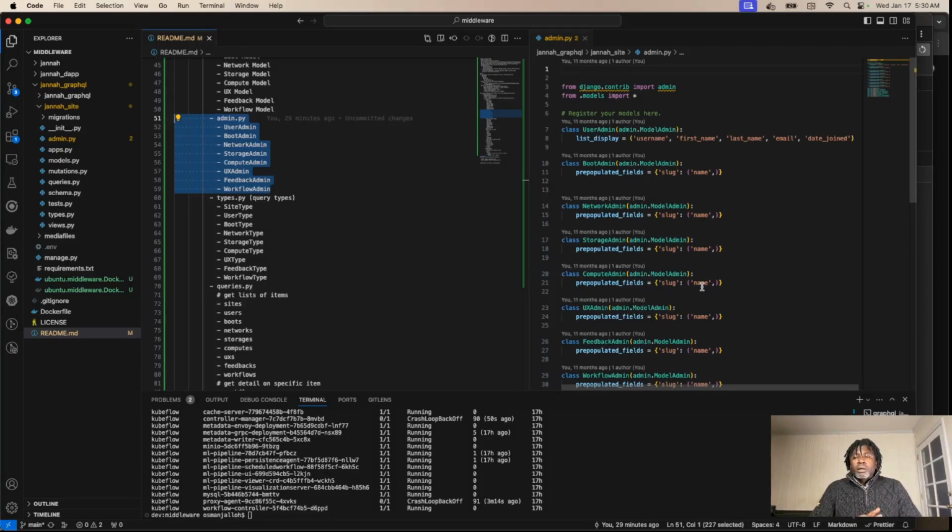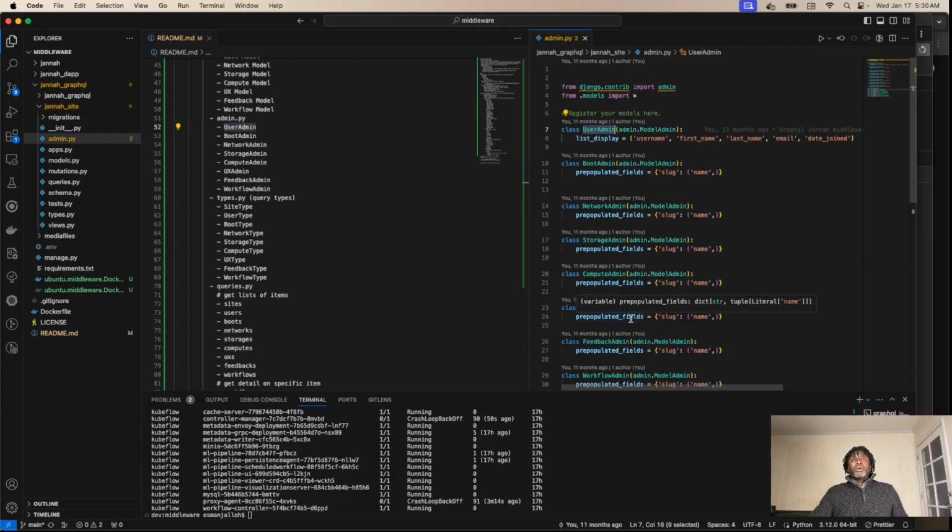The admin model in Django gives you a backend web page to enter or edit data for that model, okay? So there's an admin for the users, that's what you're looking at here, right? Django has an admin base class. What we do is subclass that and create admins off of that, okay? So the user admin,